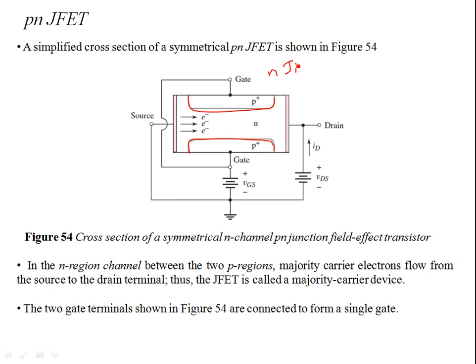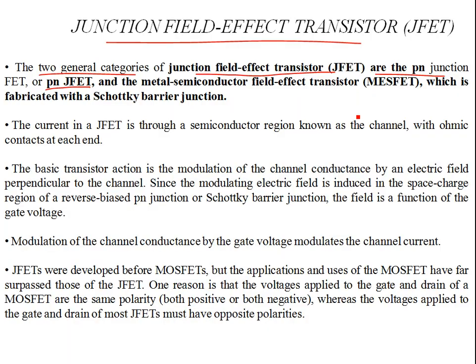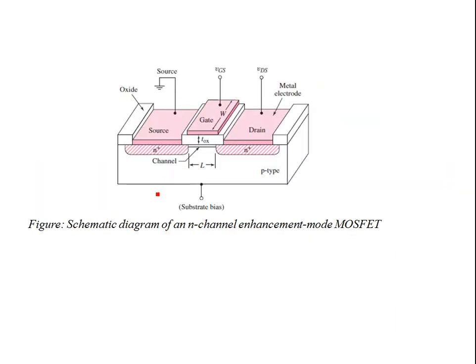So let's call them N channel, because the majority carriers in this construction are the electrons. If it was a P-type JFET, these doping regions would have been reversed. So you would have N-type at the gate terminals, and then the holes would flow from source to drain. Now if you compare the structure of the JFET with the MOSFET,